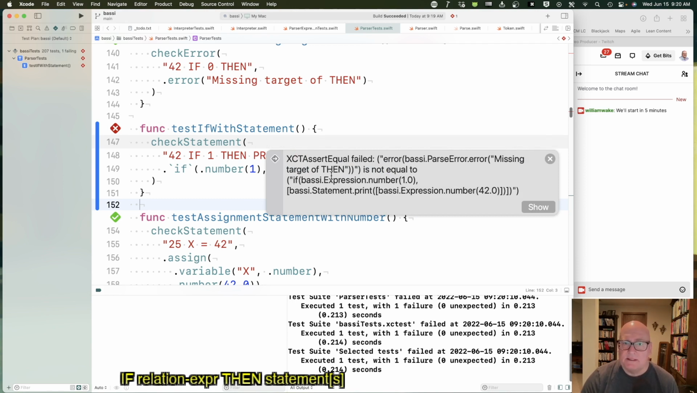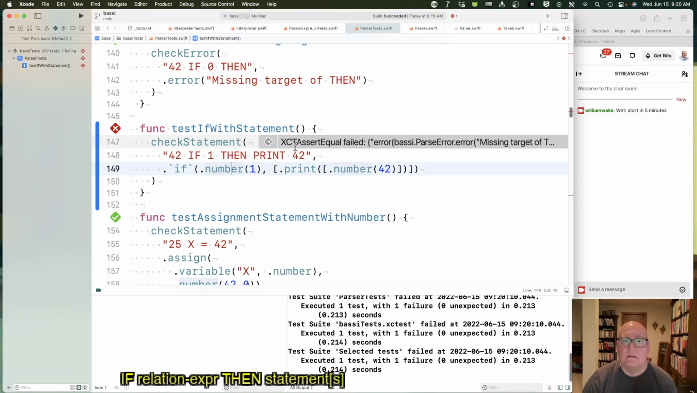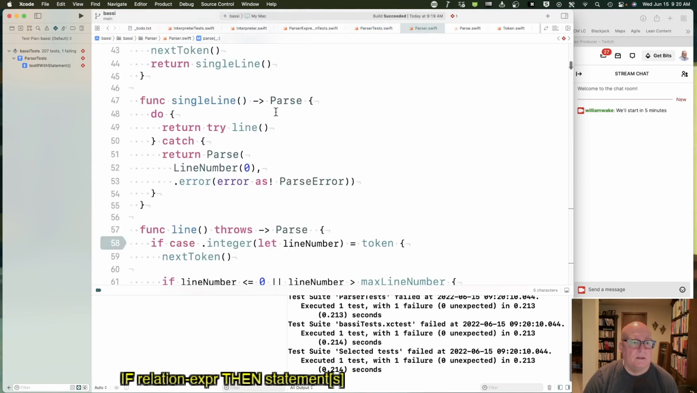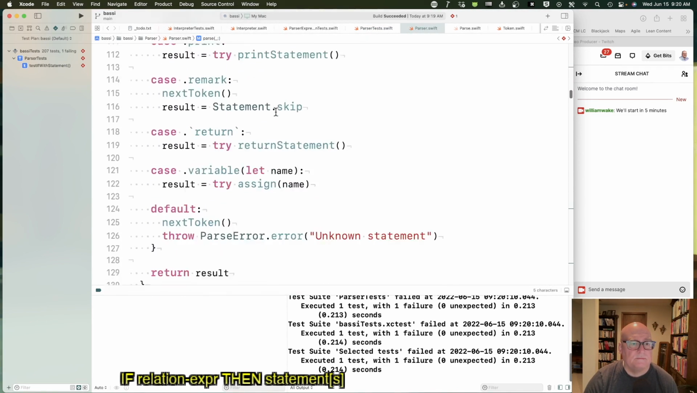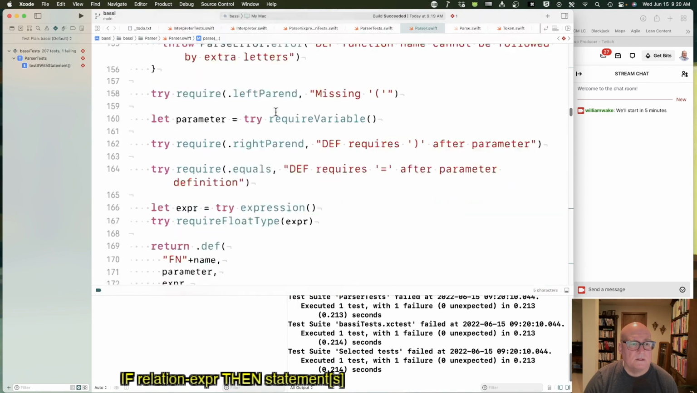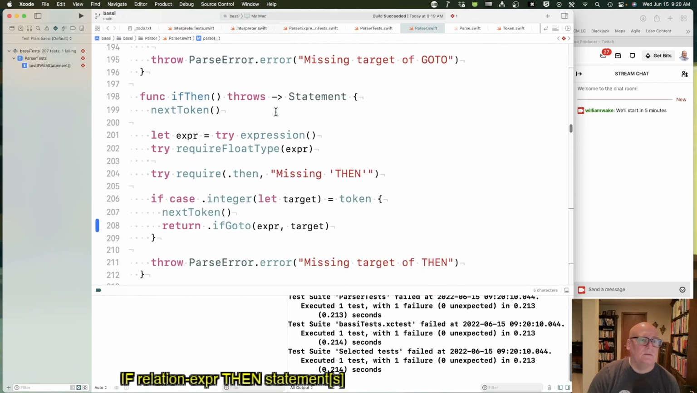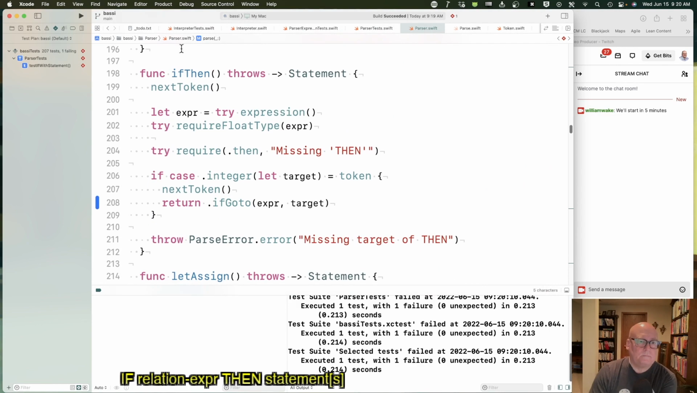All right, we got an exception, an error message, missing target of then, because we didn't have a number. Okay, and that's good enough to get us going. All right, so the if statement: assign, define, go sub, go to, if then. All right, we get require missing then. All right, here, if it's an integer, then we're going to do this and return an if go to. If it's not an integer,